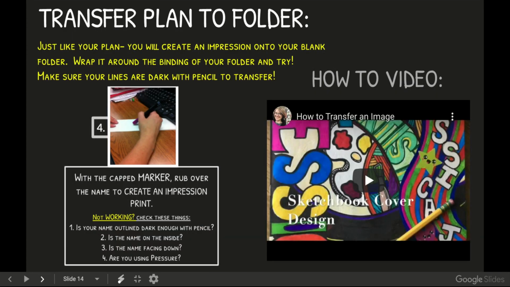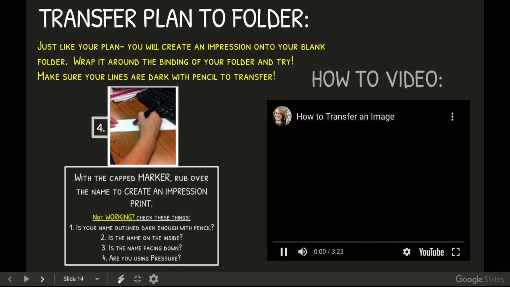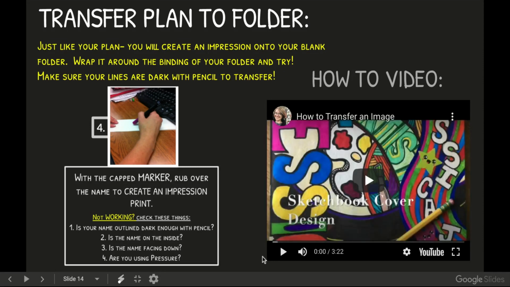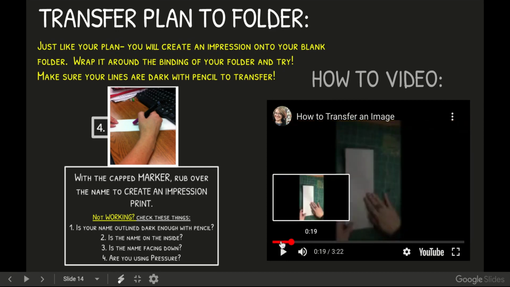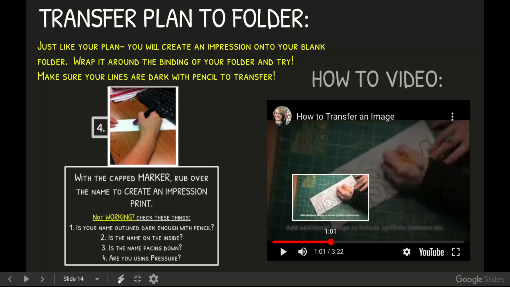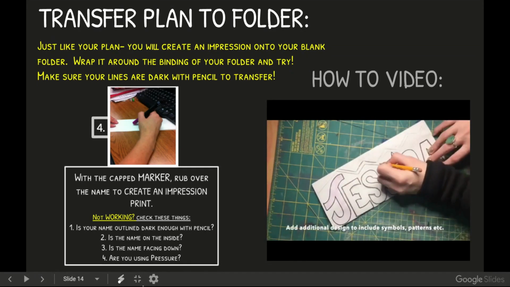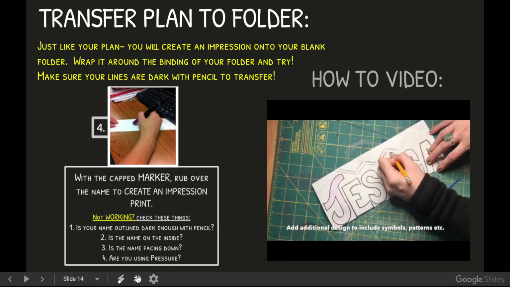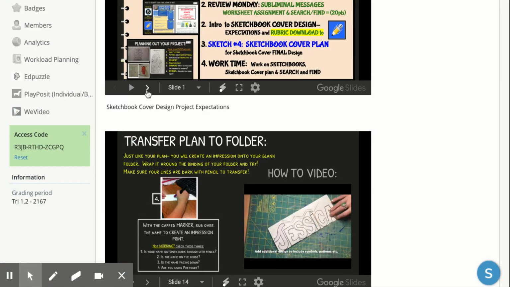Transfer to your folder. We're going to teach you this as the week progresses, but we will teach you how to transfer this plan onto your actual folder. And there is a video here, as you can see. So Miss Jones will show you on here. We're not going to watch this right now, but you will see as she transfers stuff onto her folder. Now you also have an opportunity. See there, she's writing her name really thick. Up here in this slideshow,